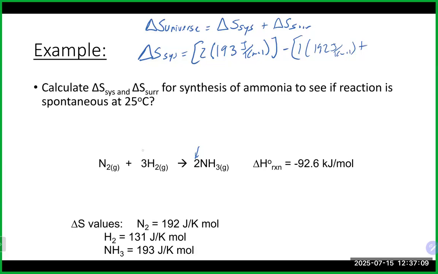We're going to add our other reactant, 3 times our H2, 131 in this case. And that's going to get us 2 times 193 minus 192 plus 3 times 131, a negative 199